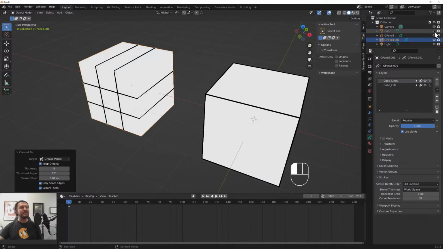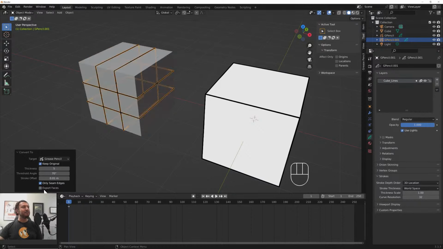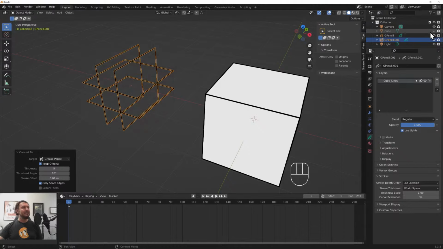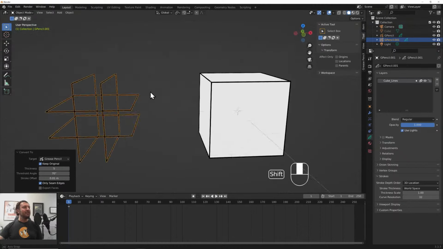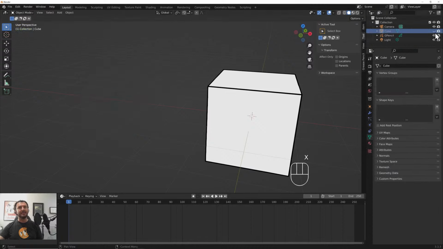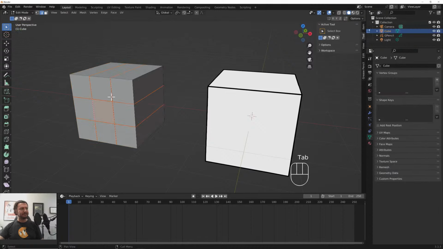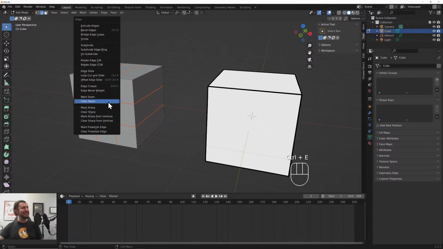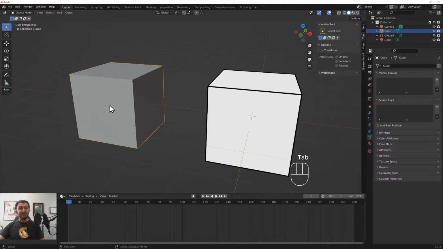I'll just make that cube invisible here. We can export just the seams if we wanted to. So there's various things you can do with that convert to grease pencil tool. Now we're going to start talking practicalities in a second, so I might go ahead and delete this grease pencil object. Let's bring back our cube, and we might go ahead and clear those seams,